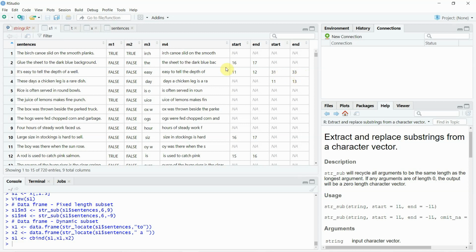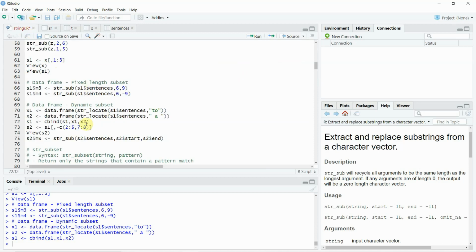Now if you want to actually identify something that starts with "to" and ends with "a", if you want to subset it that way, you won't need all the other columns. You will just need the start column, which is, let's say in row number 3, the value 11, and you will need the last column, which means you'll need the value 33. You don't need the other columns. So if you have to hard code, like we saw in the previous line of code, you could have hard coded row number 3 as 11 and 33, but here we have dynamically identified 11 and 33, right?